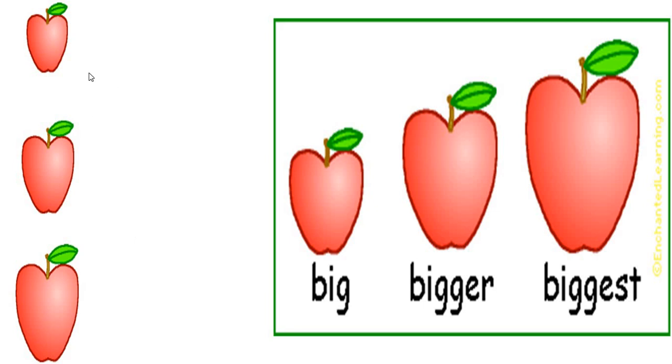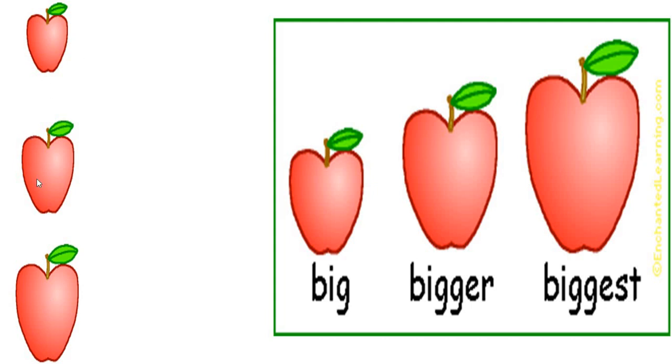Okay? Now, here I brought some pictures. Look at these apples. There are 3 apples here. Okay? Look at the size. One is small. All are not small, sorry, but the size is, this is small. This is a bit smaller. This one is a bit bigger than this. And this is big, isn't it? This is bigger than these 2.